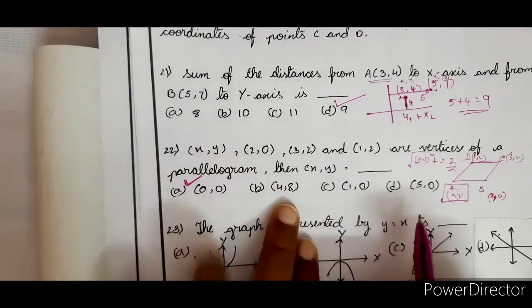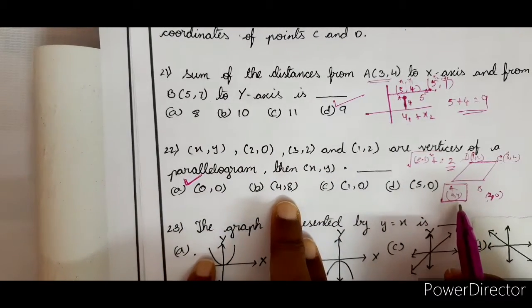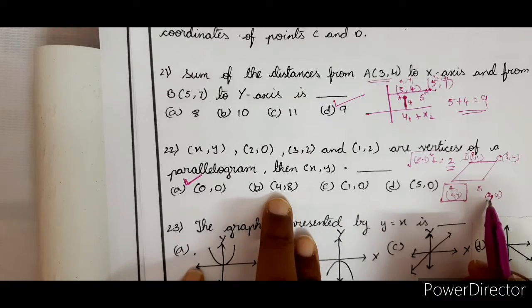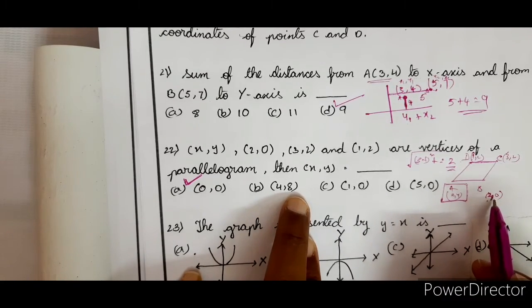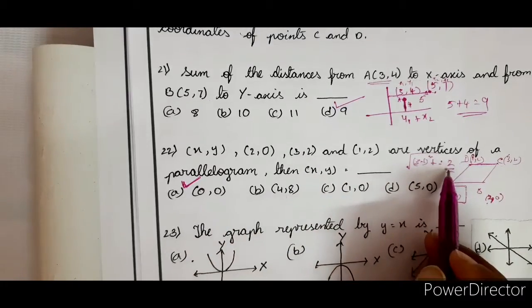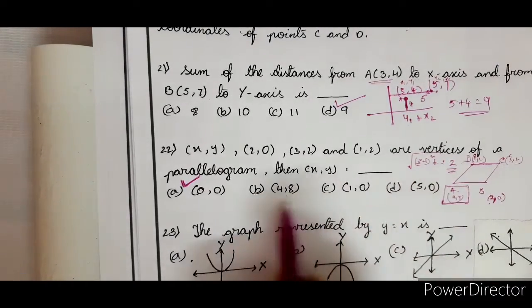If you get a doubt, then verify with the other one whether this method is right or not. Second one: 4 minus 2 is 2 squared, under root, plus 8 minus 0 is 8 squared. 2 squared plus 8 squared can never be 2. In a similar manner, you can check the other one also.